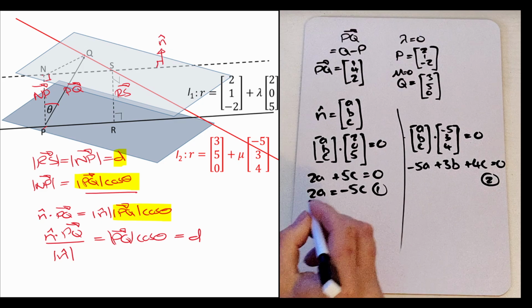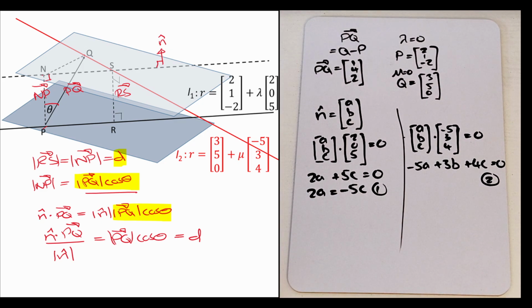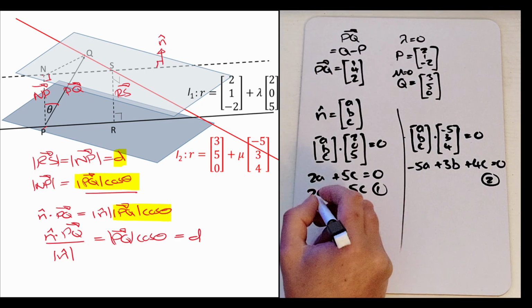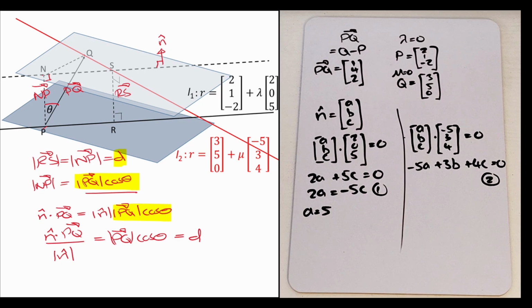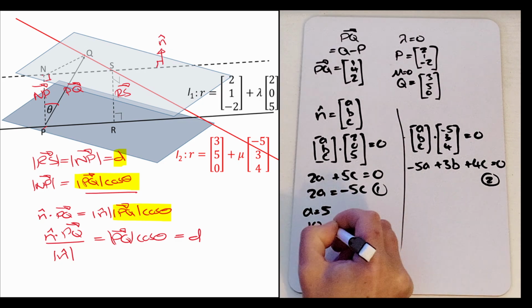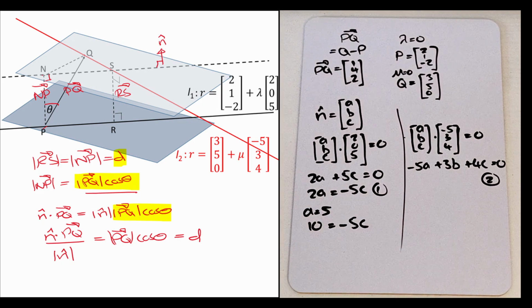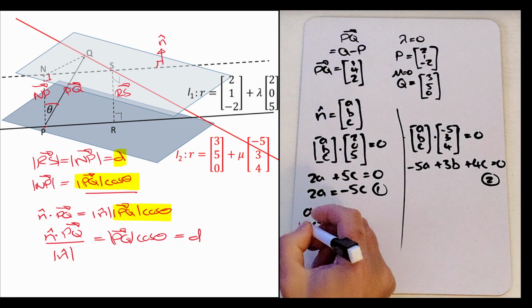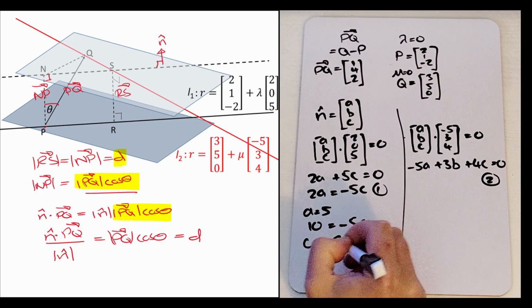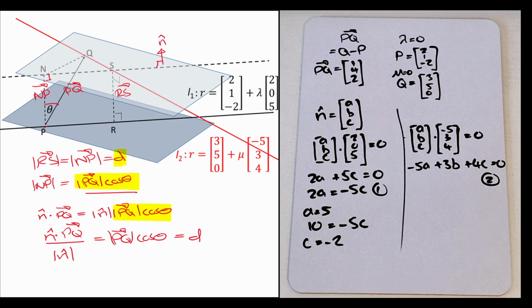Now, if we look at equation 1, the parameters a, b, and c of our normal vector are actually just ratios, and we can choose any value of a and scale up b and c accordingly. So to make sure that they're integers, just for ease, we can say that a is equal to 5, because I know that that will give us 10 equals negative 5c. And because obviously 5 is a factor of 10, we get c is equal to negative 2. So we've already got two parts of our normal vector, a and c, and we can fill those in shortly,